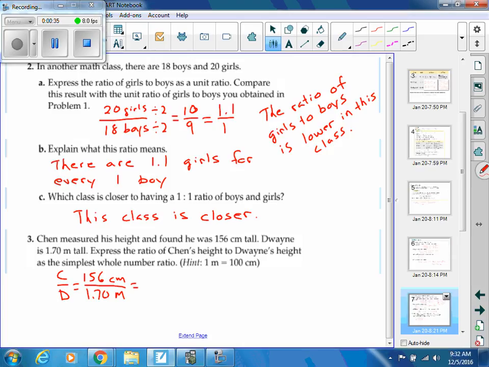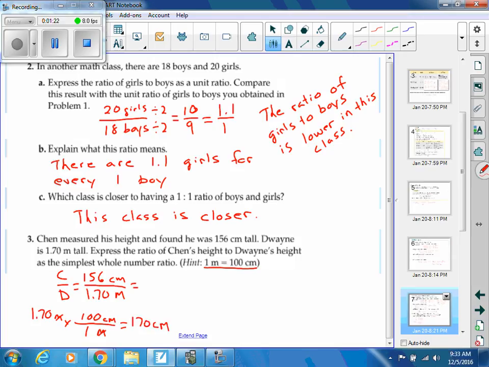So what we need to do here is we either need to convert Chen's height, the 156 centimeters, to meters, or we need to convert Dwayne's height of 1.70 meters to centimeters. So I'm going to go ahead and convert Dwayne's height of 1.7 meters to centimeters. And it gives me a hint right here: 1 meter is 100 centimeters. So I want to cancel out my meters, so I'm going to put that on the bottom. Put the 100 there. So really what I'm doing here is I'm taking 1.70 times 100, which ends up being